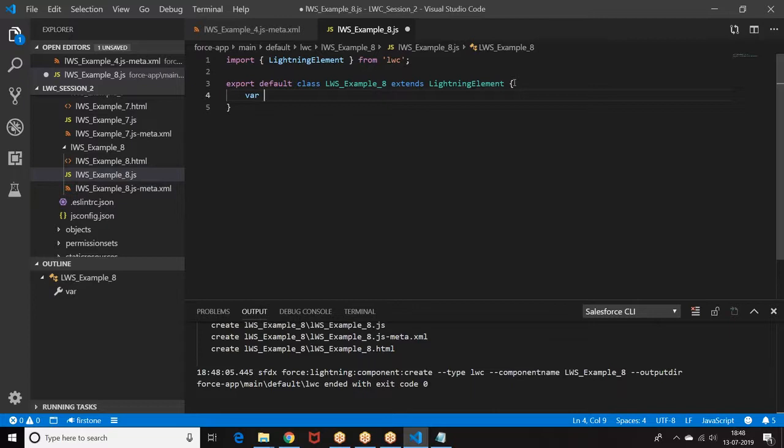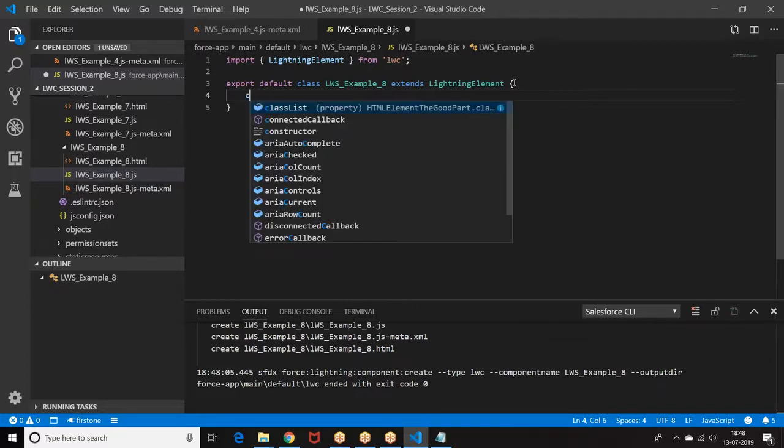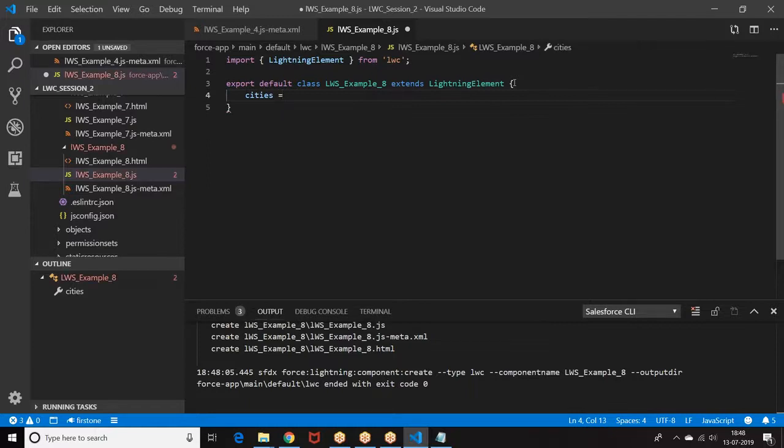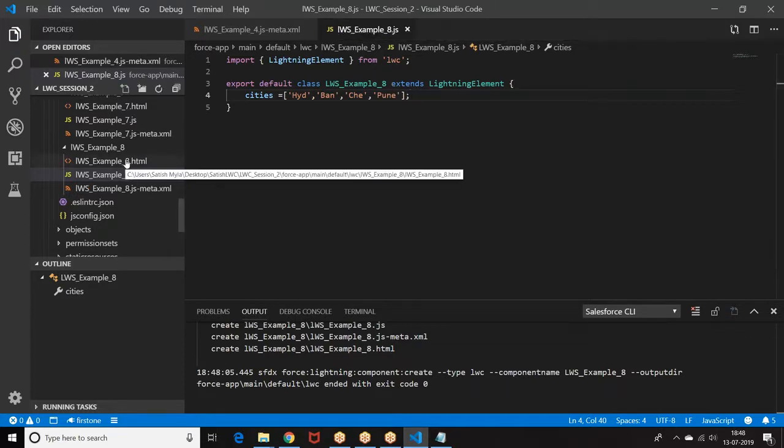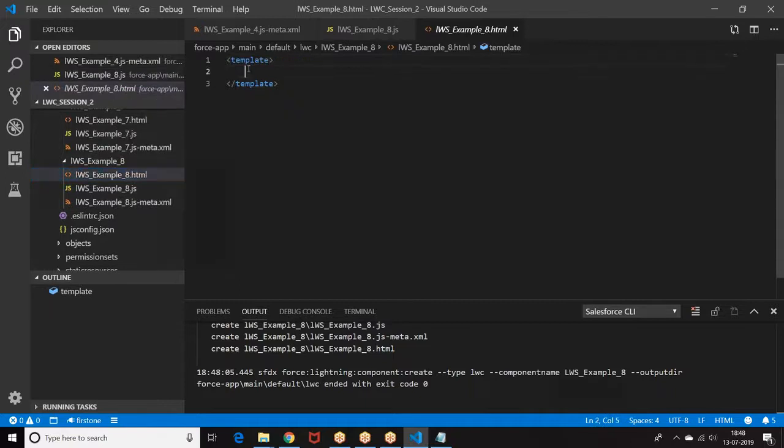Here I gave cities. This is my data. Now, the question here is generally, if you want to display the data in the Lightning,